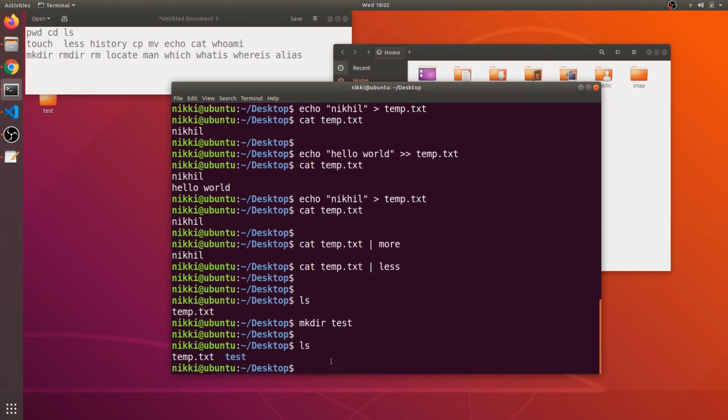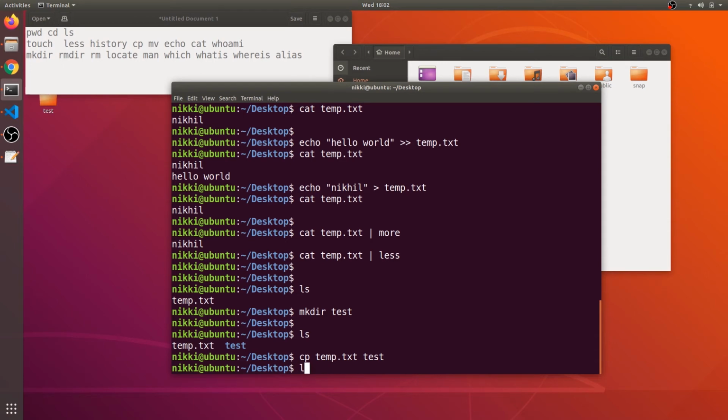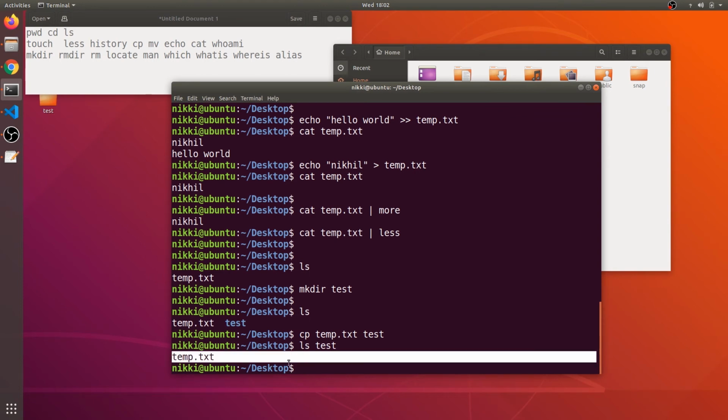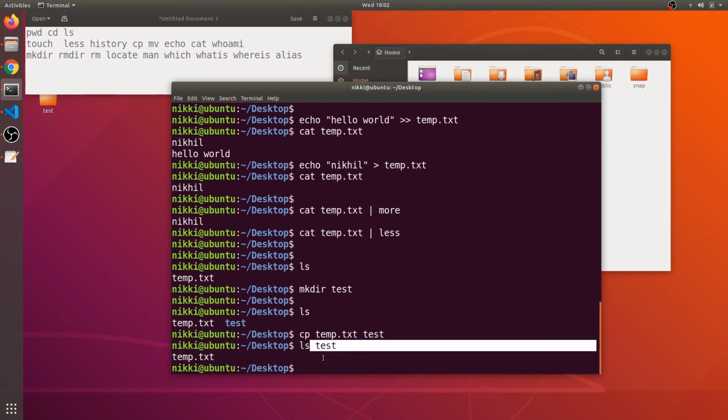Now to copy the text file into the test directory, all you need to say is cp, which stands for copy, and type temp.txt and then the destination you want to copy to, test. Now if I say ls test, that means I am viewing the contents of the test folder. I have this temp.txt in my test folder. We have successfully copied our file into this folder.